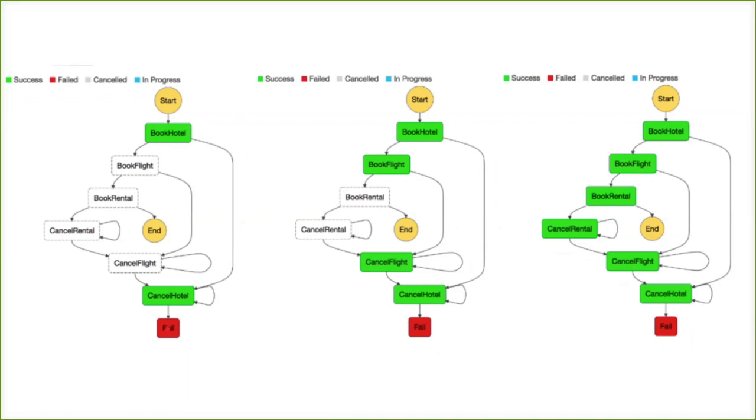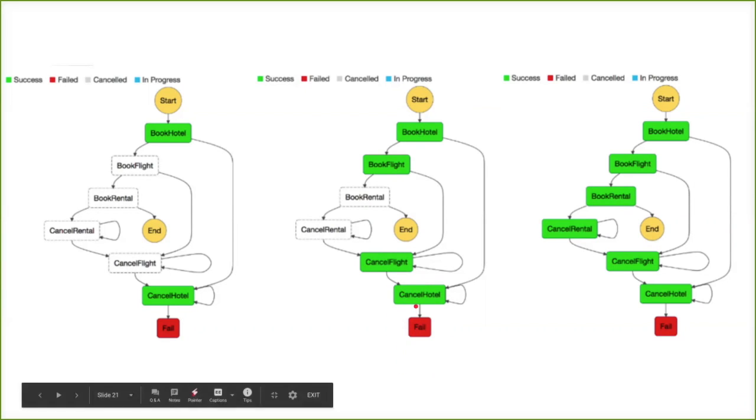Imagine if you are making use of queues, you can use some of these steps to dump the event into the DLQ. So imagine your booking hotel function succeeded. Then in the state machine you go to flight reservation. Similarly, if it succeeded, you can move to booking rental. But if it failed, you can go to cancel flight. So in this state, first you cancel the flight, and then you move back to the cancel hotel state, and you do the processing there, and end your